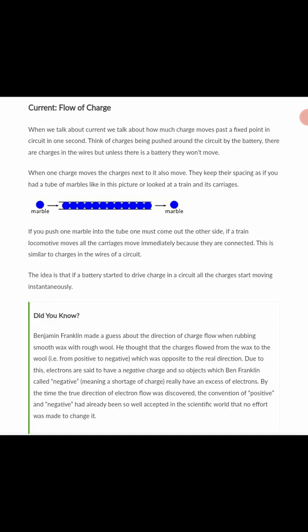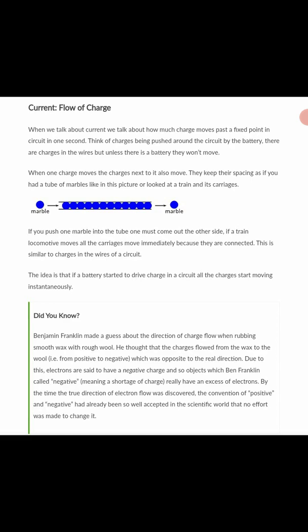Now, look at this short fact down here. Benjamin Franklin made a guess about the direction of charge. It's one of the things that is still causing disputes in the world of physics and science: the direction of charge flow when rubbing smooth wax with rough wool. In our secondary level, we did electrostatics, how charges are produced, how charges are generated. So when you rub smooth wax with rough wool, it was thought that the charges flowed from the wax to the wool,